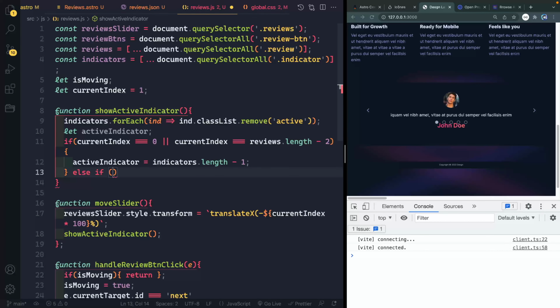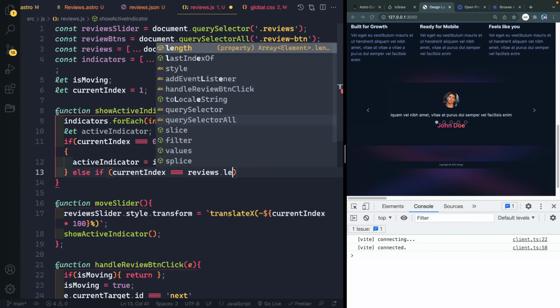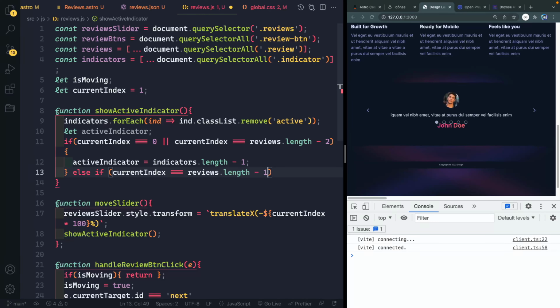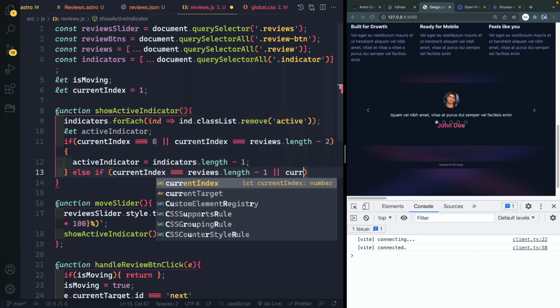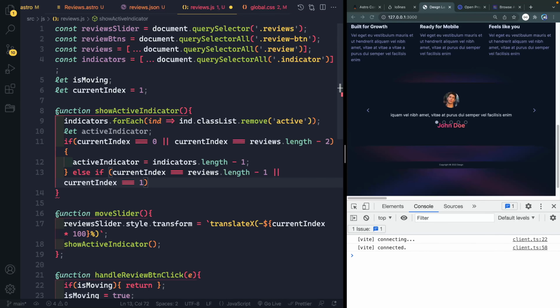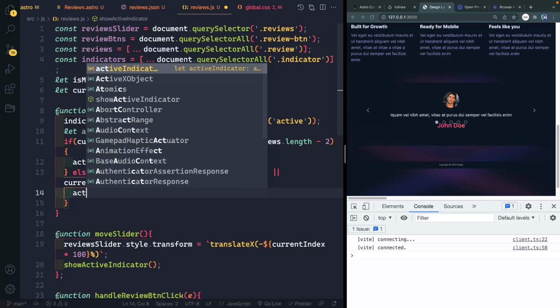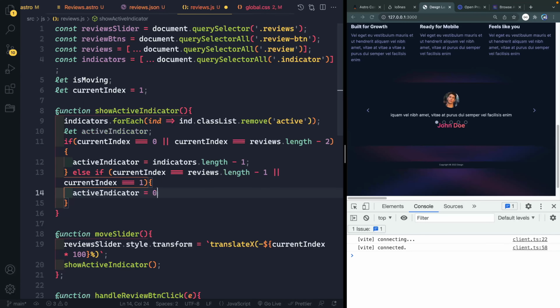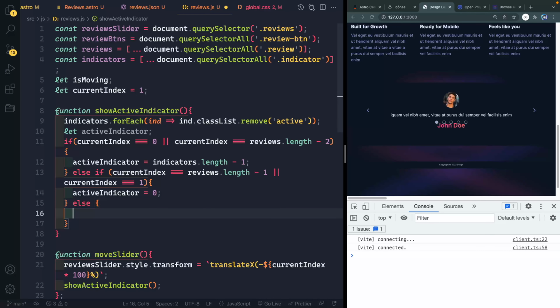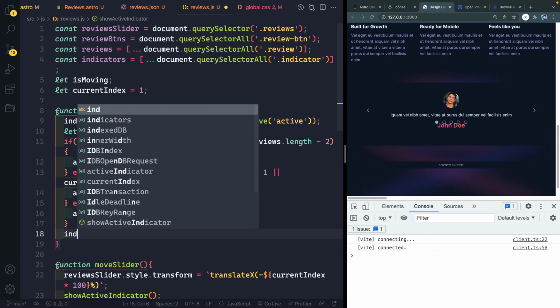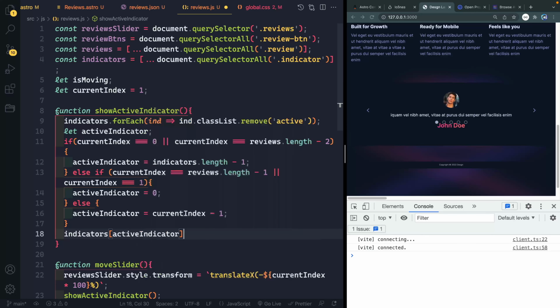Let's do an else if here. And here we'll say if current index equals reviews.length minus 1, so if it's the last item in my string of reviews, which is technically a duplicate of my very first review, or the current index is equal to 1, which again is the first item in my reviews, but it skips past that duplicated last. All right, hopefully that's making sense. Then I want the active indicator to be equal to 0. Finally, for all the normal use cases, I just want the active indicator to be equal to current index minus 1. And now I can come down here and say indicators, and then grab that right index there,